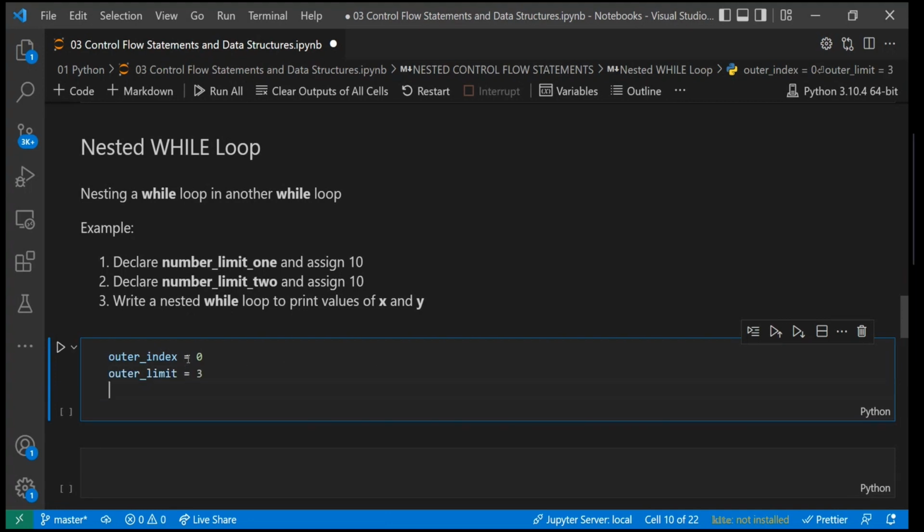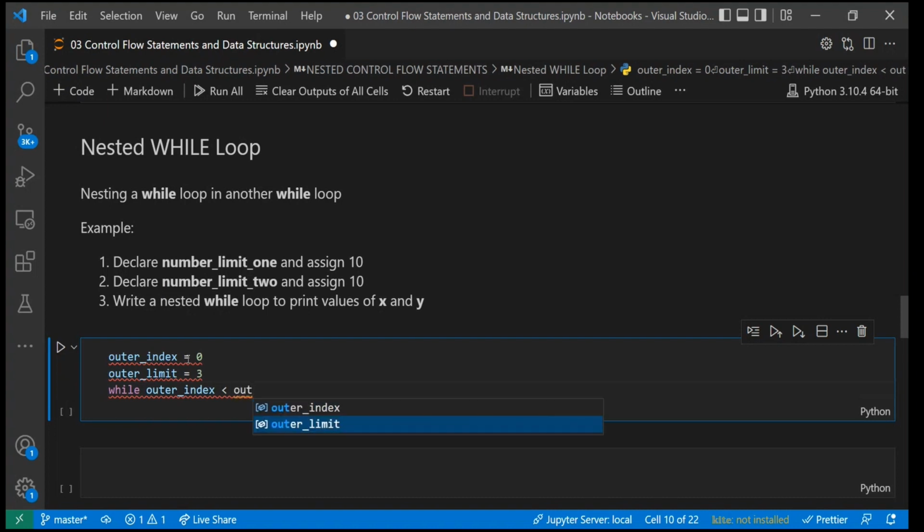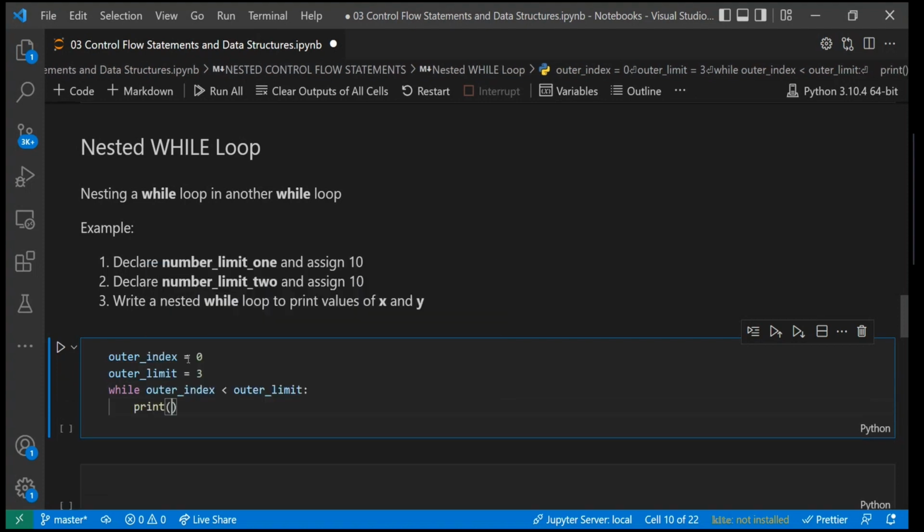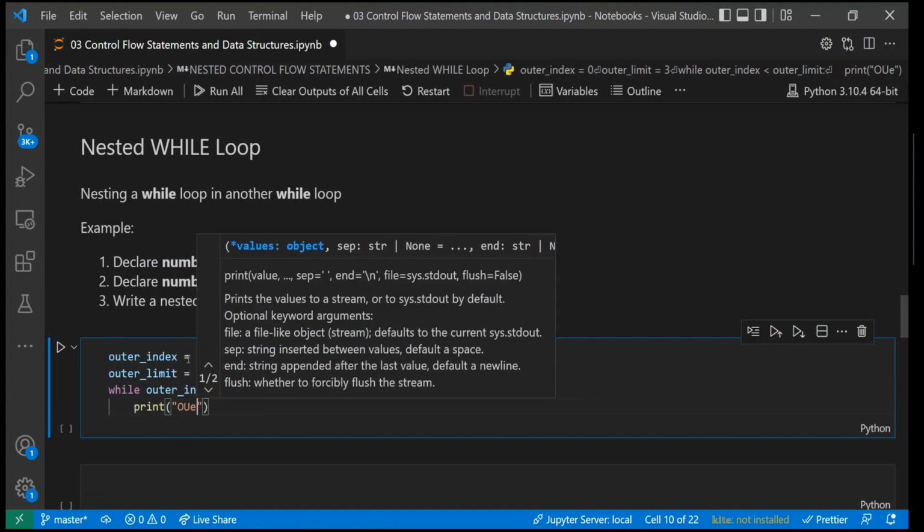Then we are going to say while outer index is less than outer limits, and we say print outer,